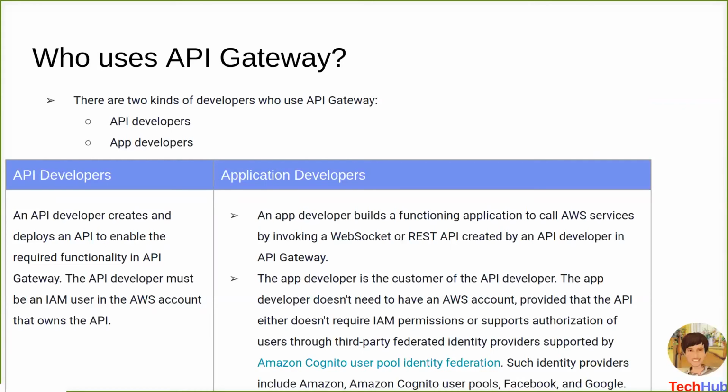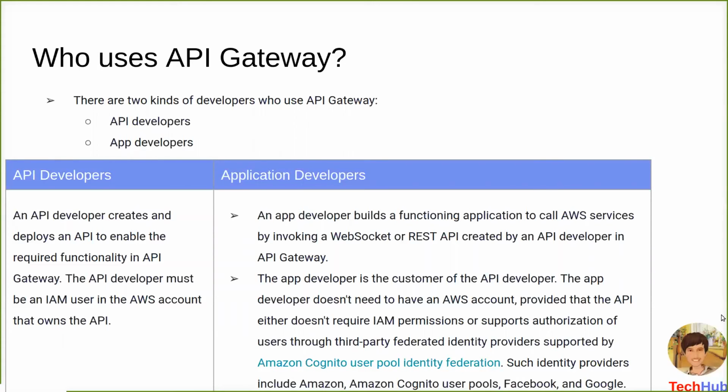API developers create and deploy an API which enables the functionality in the API Gateway. An API developer must be an IAM user. If I'm an API developer, I have the authority to create an API and deploy it, so that someone can use this deployed API.